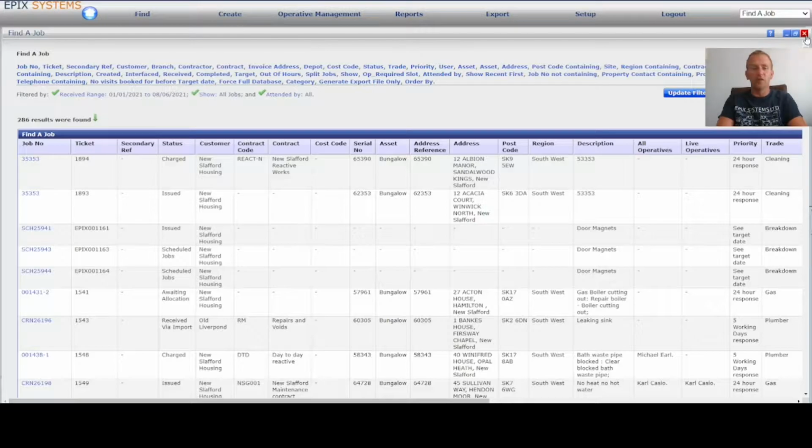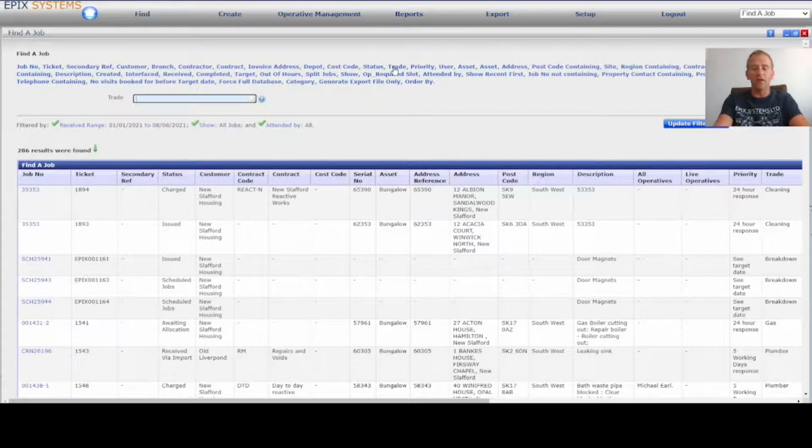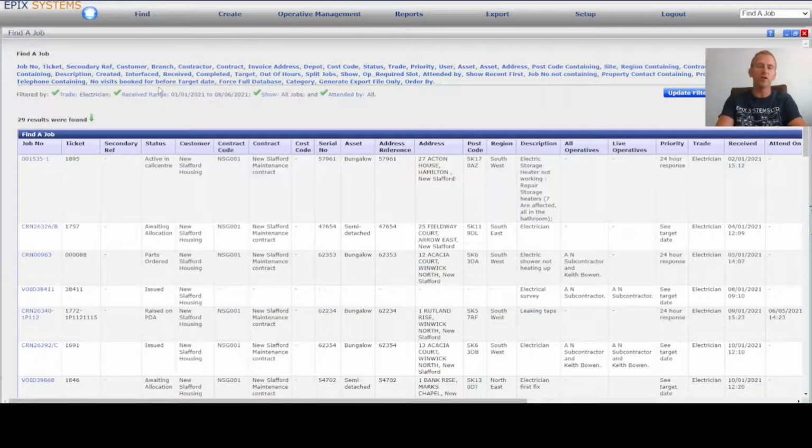But because we've got our results already on this screen, if we decided we wanted to narrow these results down, we can bring in filters here without the need to go out and back in again. We'll do that by selecting one of the filters. So let's say, for example, we'd like to see all jobs that were received into the system year to date that are trade type of electrician. So we clicked on the trade here, we applied the filter there, and then we pressed update filters to rerun this report. And as you can see, the screen's just refreshed and our results from 286 have now dropped to